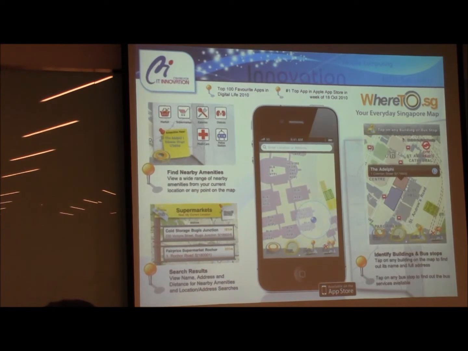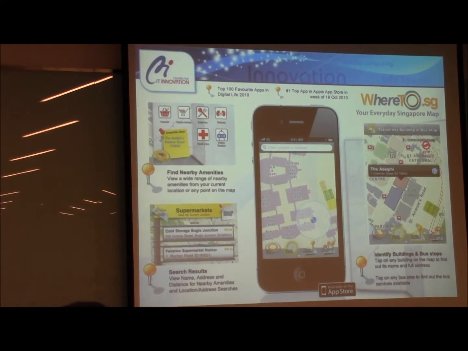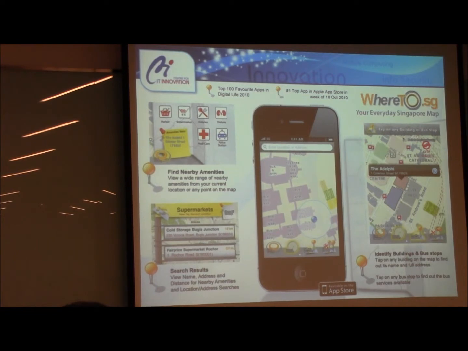So I think it's very similar. You can find out the amenities that are nearby, the supermarkets, eateries, and so on and so forth. Because we were the ones who developed the app, if you use it and search for NYP, you can even find out, for example, the number of basketball courts, volleyball courts, or whatever courts we have within the campus. So these are some of the value-added features that we wanted to add.